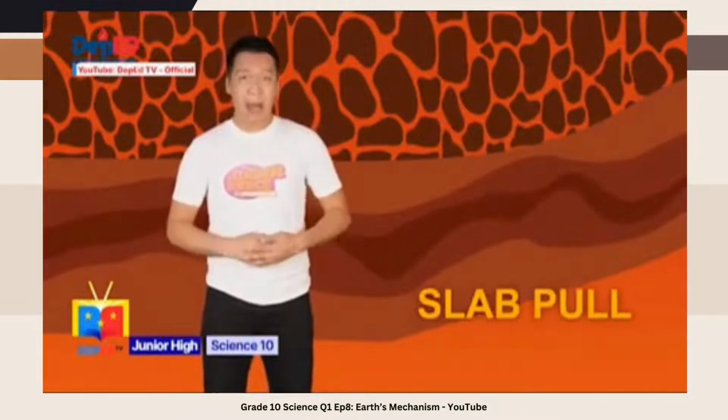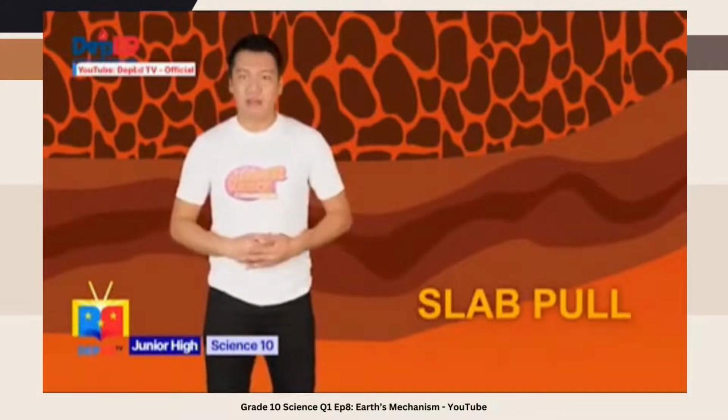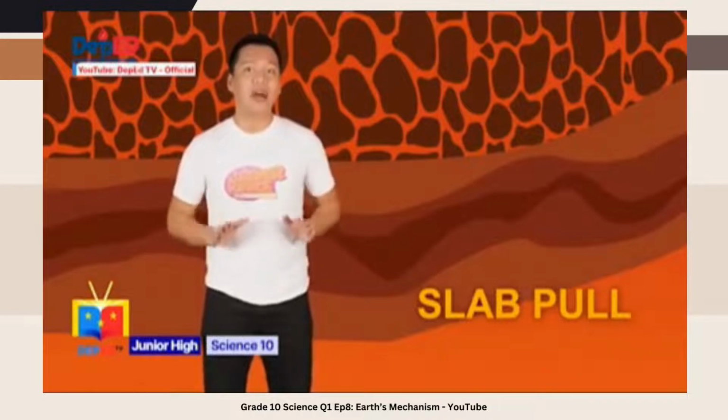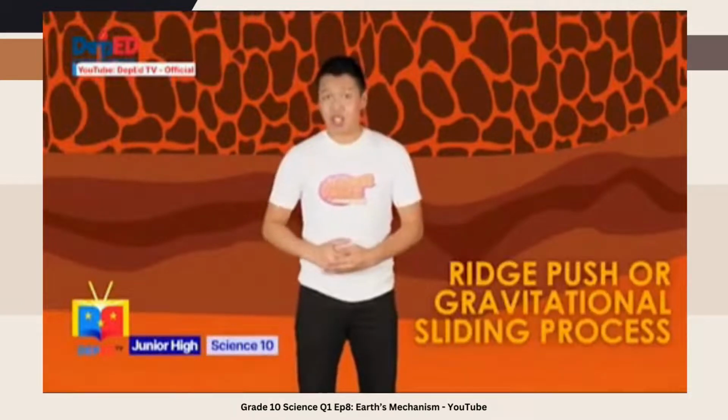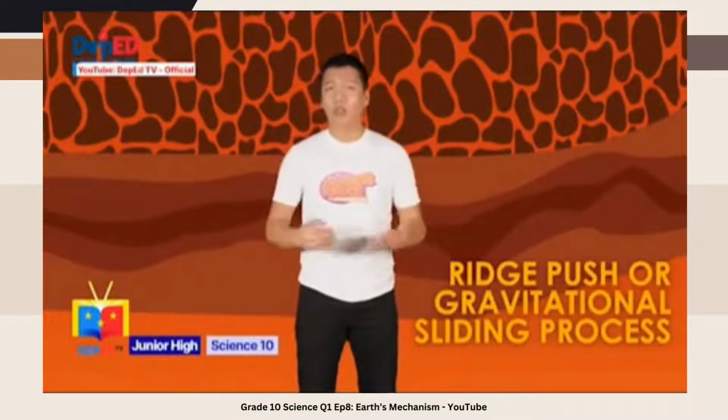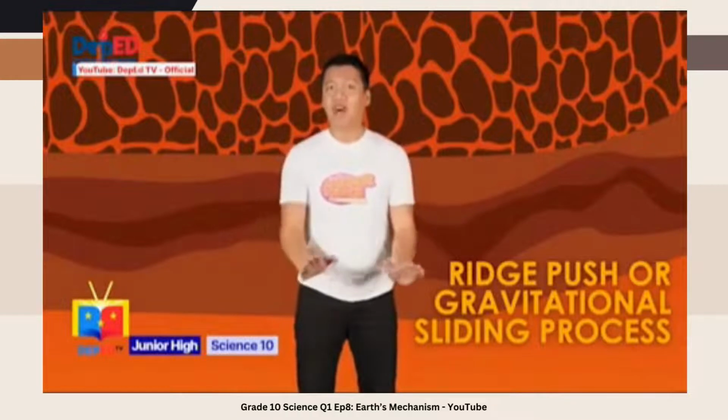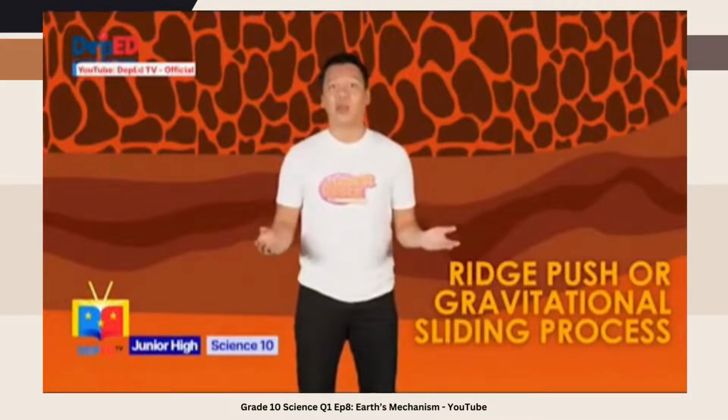In the process of slab pull, the presence of a heavier subducting plate pulls down the trailing slab into the subduction zone. In the ridge push or gravitational sliding process, the old oceanic crust becomes heavier than the oceanic crust and sinks because of the weight of the raised ridge, which pushes down the older oceanic crust towards the trench